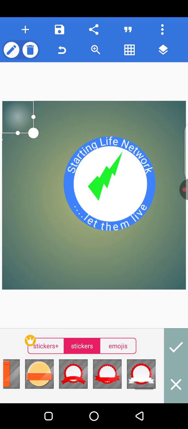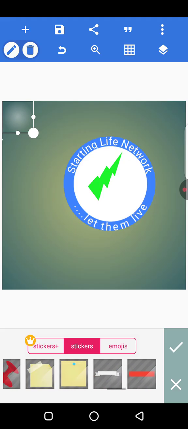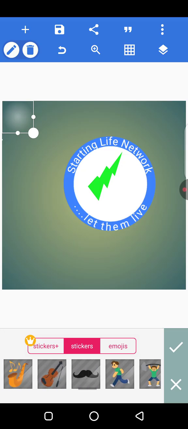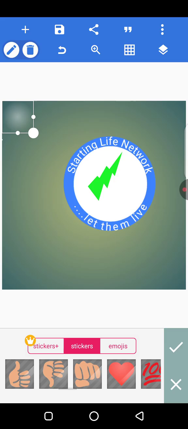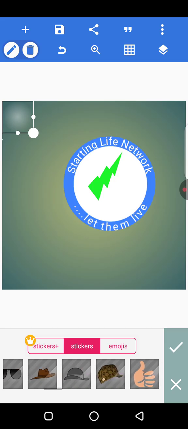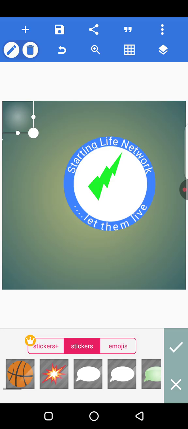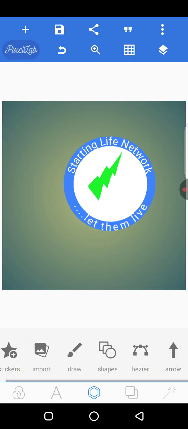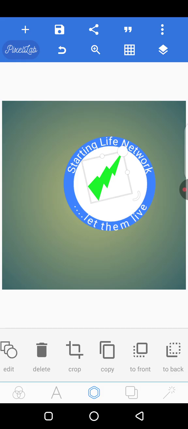You can see that there are badges here. Since I can't find exactly a hand, and I wouldn't want to use these ones that you can see on my screen right now, what I'm going to do is go and get fingers or hands from online and then crop them and put them here. Yeah, once I do that,